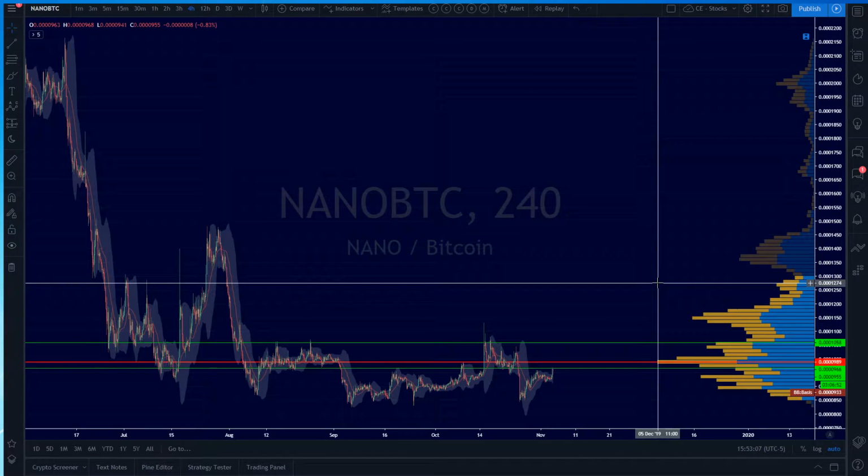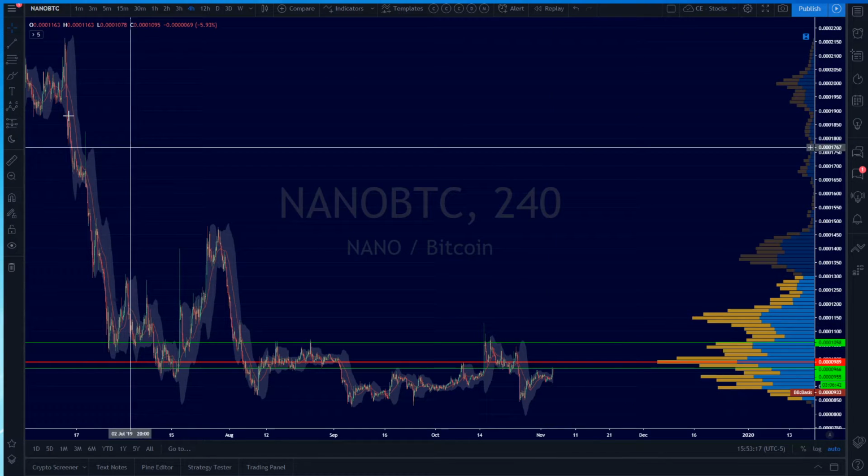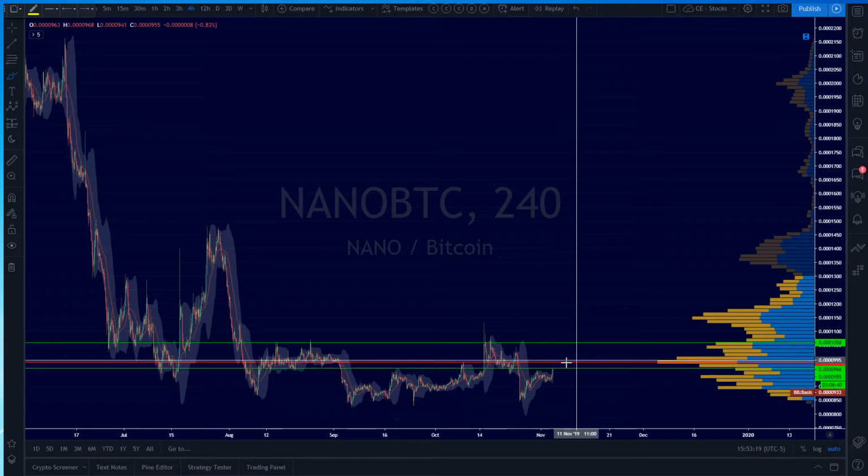Not as impressive as Cardano, by the way. If you haven't seen the Cardano video, I just did one where your rate of return is much greater on Cardano right now. But nonetheless, if we start to flip some of these support and resistance levels,